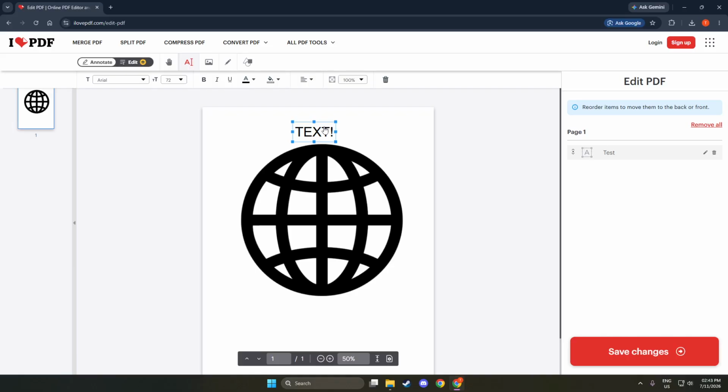With your document ready, use the editing tools to add text. You'll find a text box option that allows you to click anywhere on the document and type. This is essential for making quick modifications or adding notes. You can easily adjust the font size, color, and position as needed. The flexibility of these tools means you can customize your document to better fit your requirements. You'll notice that changes appear instantly, providing immediate feedback on your edits.